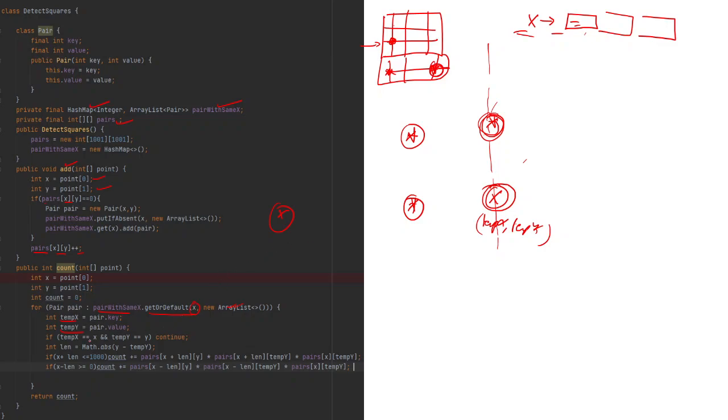Now what we'll do is, if the value of temp x is equal to x and temp y is equal to y, that means it is the same point, which is not valid. So we'll continue. Otherwise, we'll take out the length here and then we will count. You see this particular condition encapsulates two conditions. First, if these coordinates are present, then these values will not be zero. If they are not present, these values will be zero and the count will be zero. So two conditions are satisfied in the single statement only.